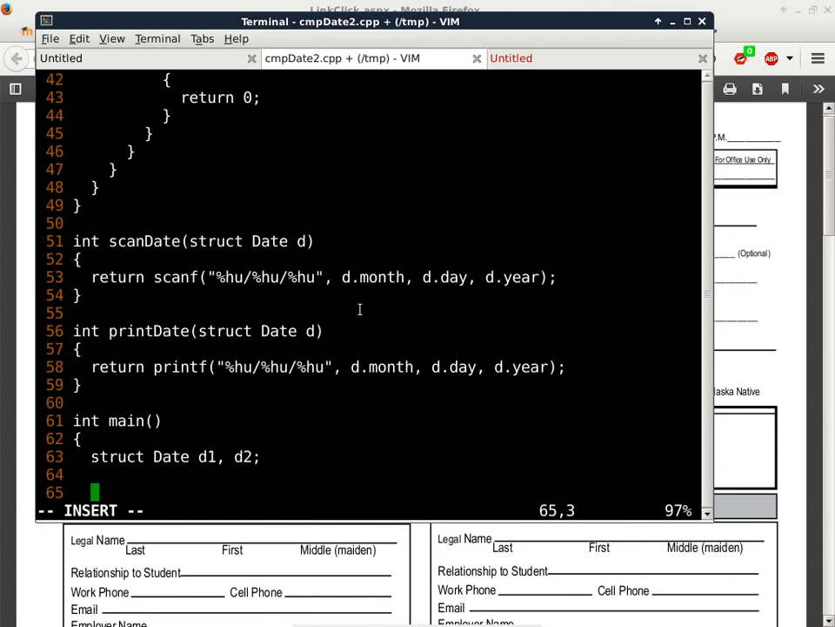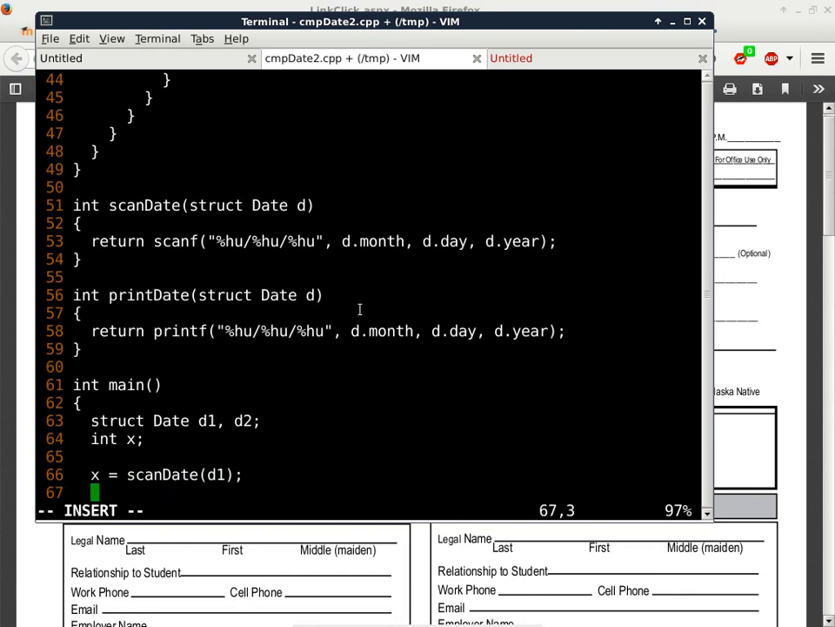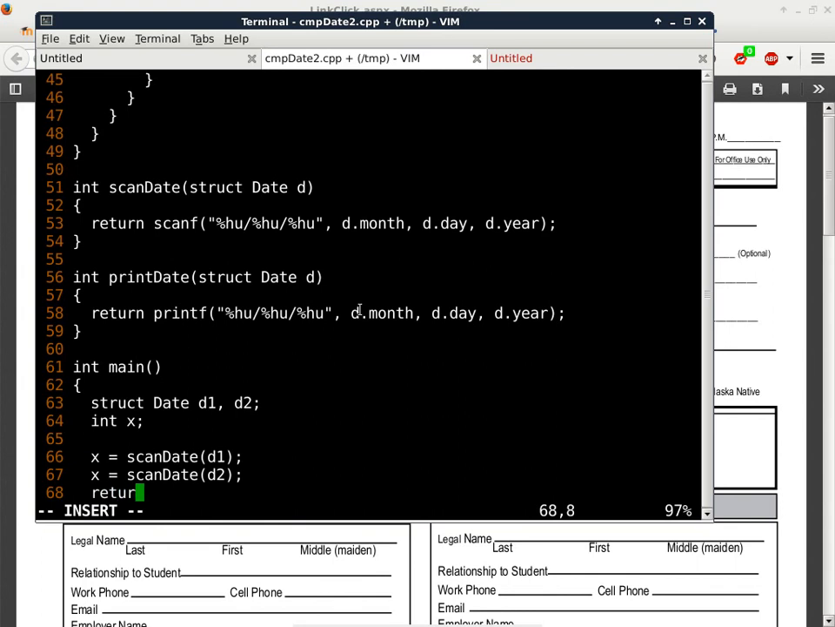We'll pretty much keep the same structure as last time, except this time, instead of two separate scanf, I can now use a subroutine. If I were to keep it exactly the same, I'm going to have int x here, and x equals scan date D1. And then we have x equals scan date D2, and I'll just leave the program like this at this point and try to